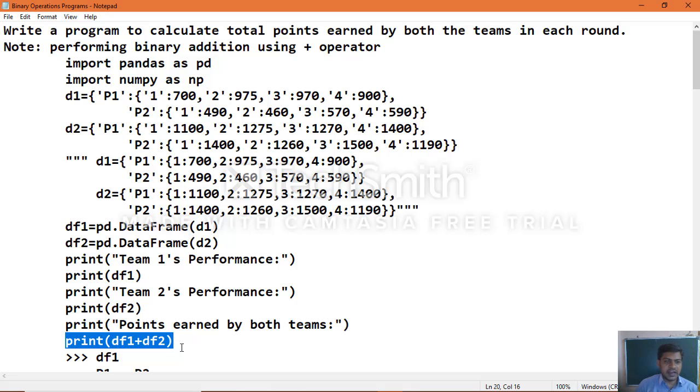Now let's see, once you create this application and when you execute, what would be the output which you are going to get. So let's see the output.